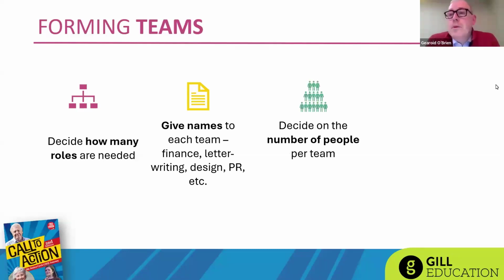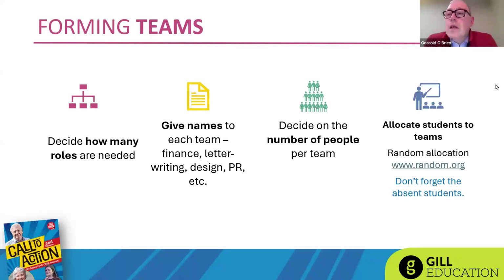Decide on the number of people per team. And again, this doesn't need to be uniform. So we mentioned the PR team. You might only have 3 people on the PR team, but if it's something that involves sales and you're selling to the whole school, 3 people isn't enough. You might end up with 10 or 12 people doing that. So they don't need to be uniform in size. So again, you have to think of how many people do I need to do this? And then allocating